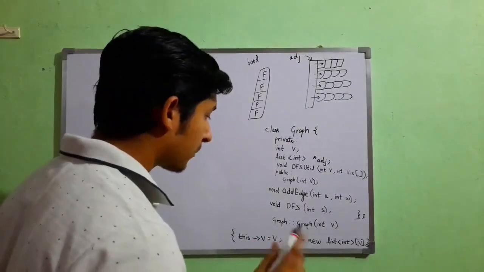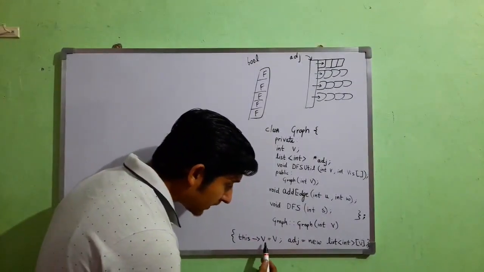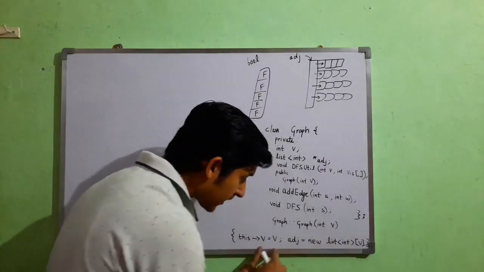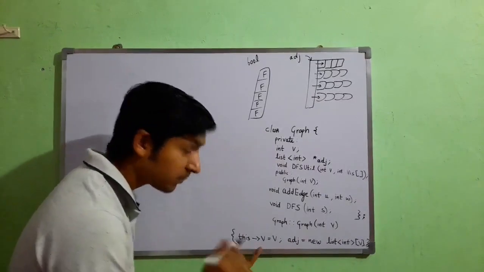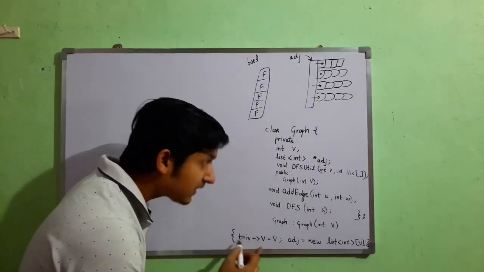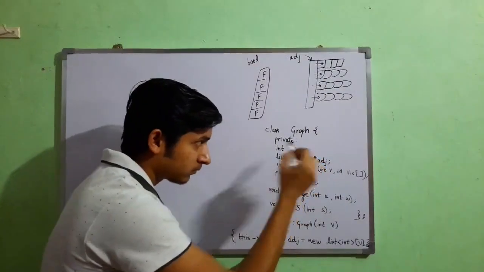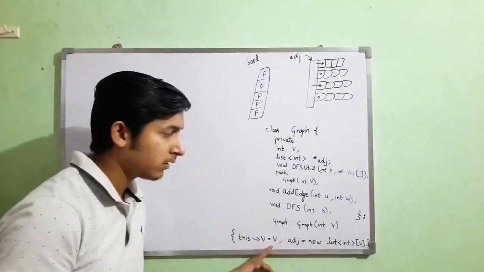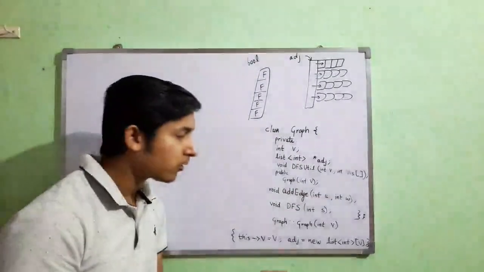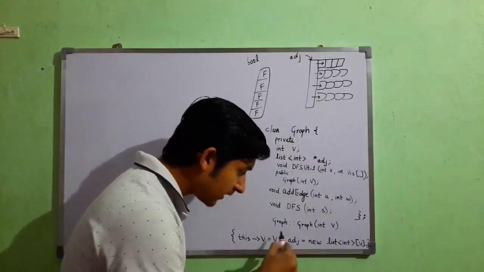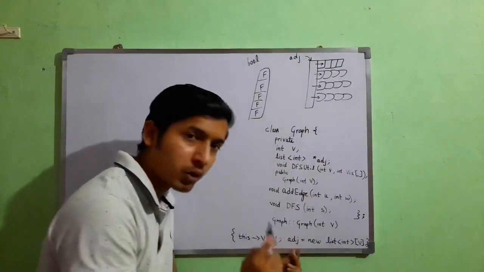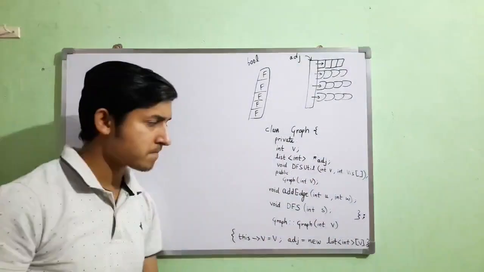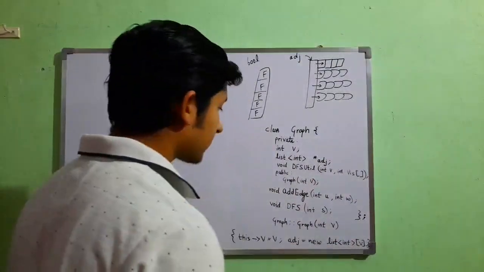Apart from this, one more thing: when we use the data element with the same variable as passed to this, we use this arrow v, which means the v of this class will store the value v passed to this function, okay? If any adj variable is also passed, I'll use this arrow adj. This means adj of this class will store something, okay? So this way I completed this constructor.